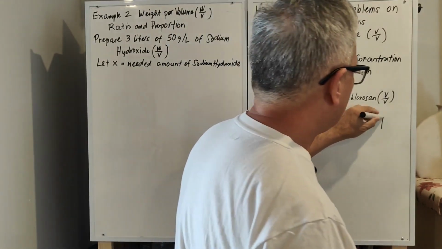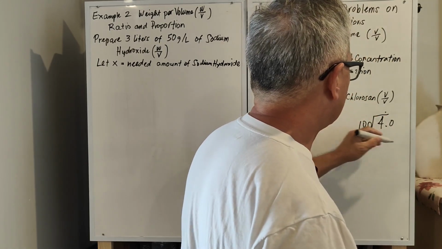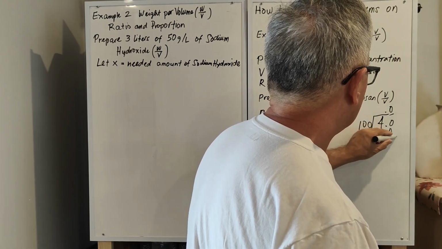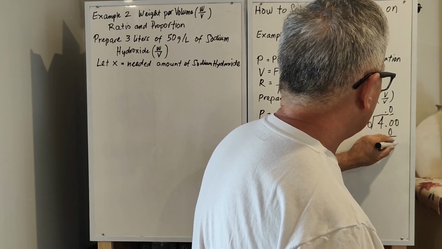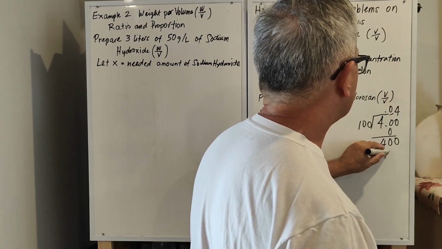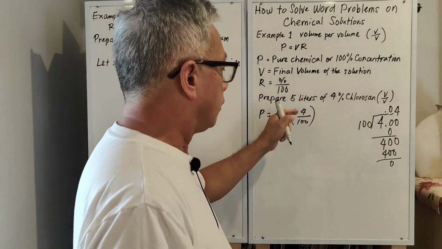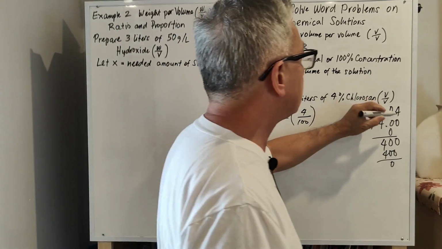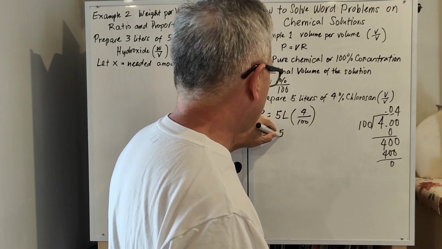So 4 divided by 100, we just add the decimal. 40 divided by 100 is 0.4. We add 0. 400 divided by 100 is 4. So any number you divide by 100, you just move the decimal point 2 places to the left. So this becomes 5 liters times